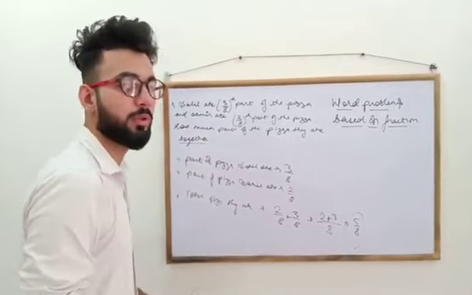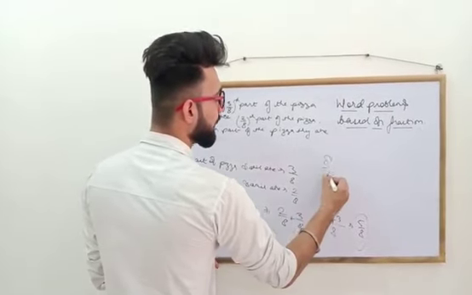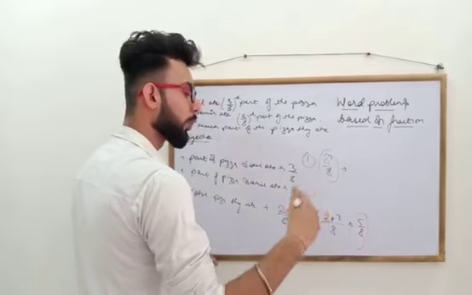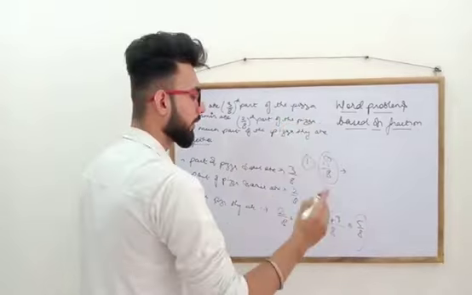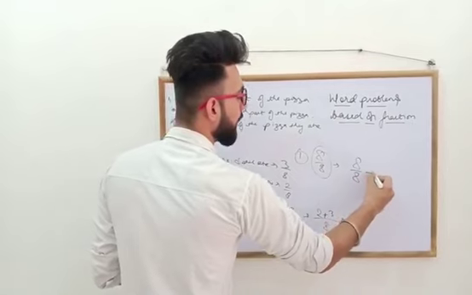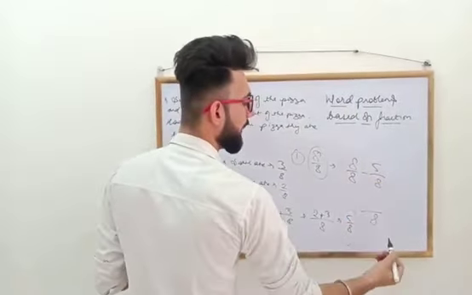Now if there would have been a question of how much part of the pizza is left over, we know that it is 8/8. There was one whole pizza, which is 8/8 parts. Now 8/8 is the total number of parts of the pizza, and 5/8 is the part that they ate. So 8/8 minus 5/8. Again the denominators are the same, so we will take 8 as the common denominator, and 8 minus 5 would be 3/8. So 3/8 is the part of the pizza which is left over and no one has eaten it. Okay. So this is the first example.